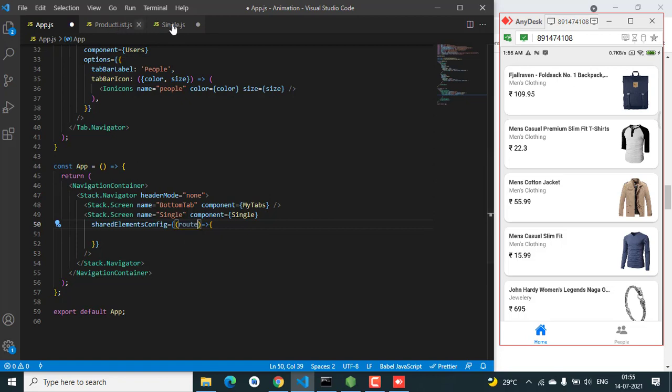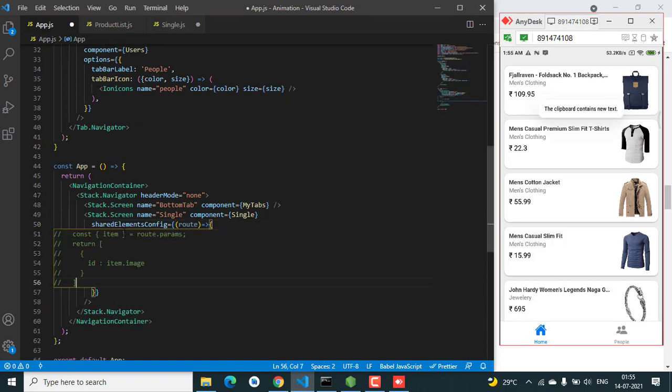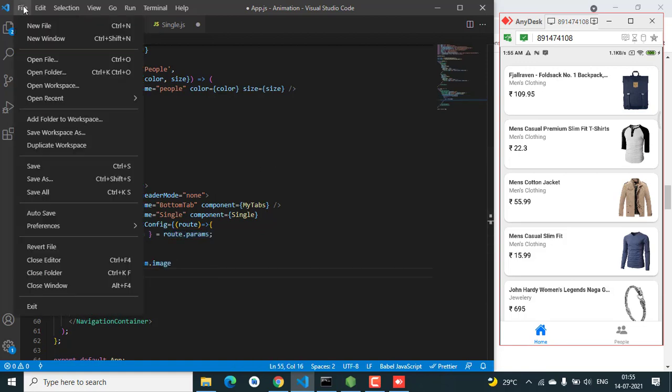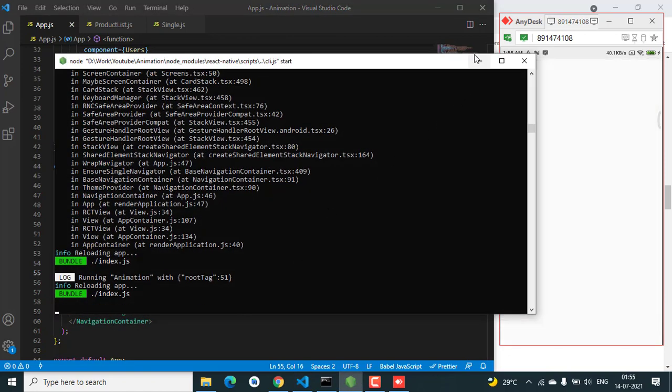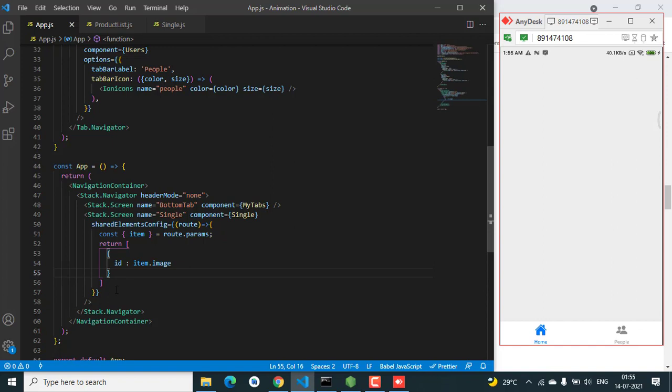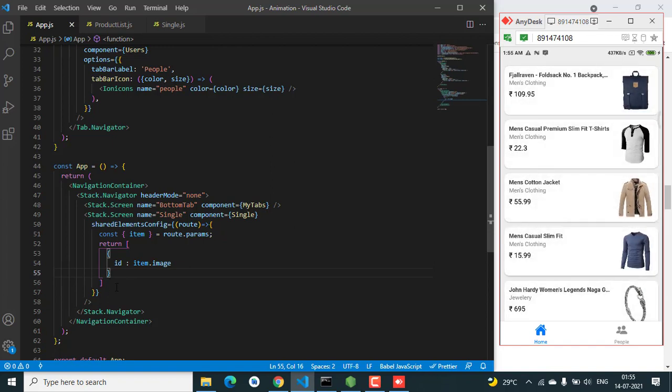We are just going to receive the route, and inside the route we are going to do the same thing over here. You can simply do that over here. I can simply do that in that particular screen. I prefer to do that in the screen because you don't want your app.js to look messy.